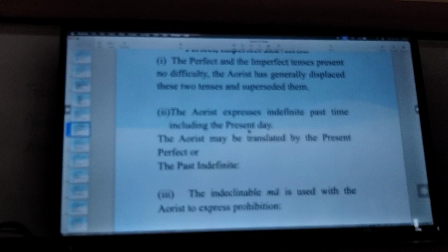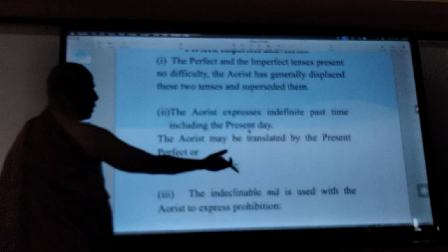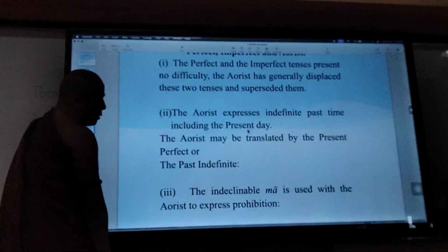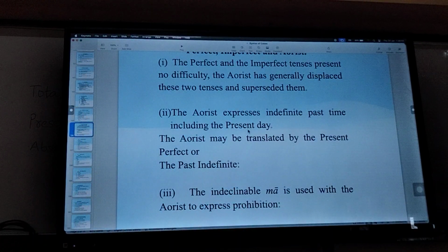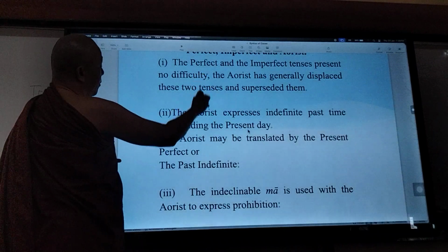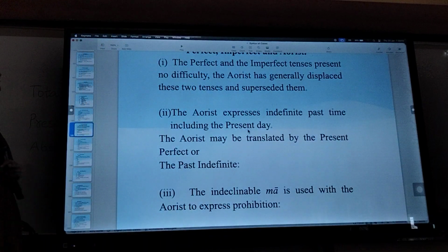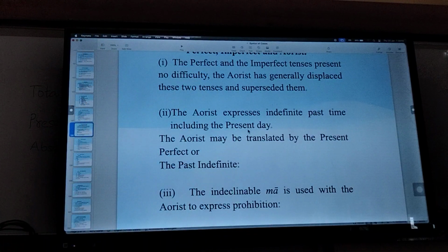So that is such an independent particle ma to express prohibition or to suggest one should not do. That one can be used with the imperative and also the simple past tense, aorist, and also with the